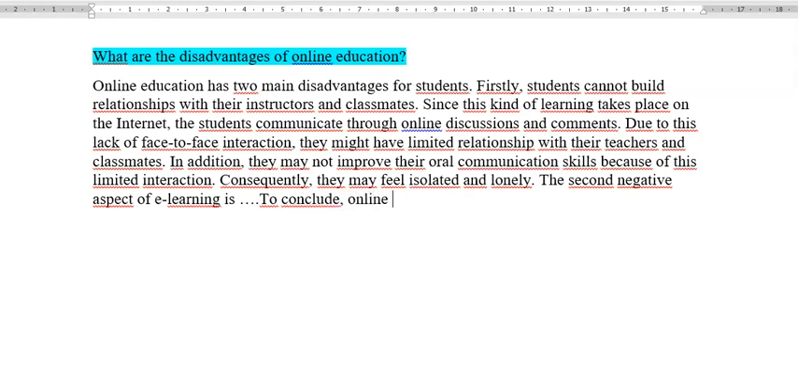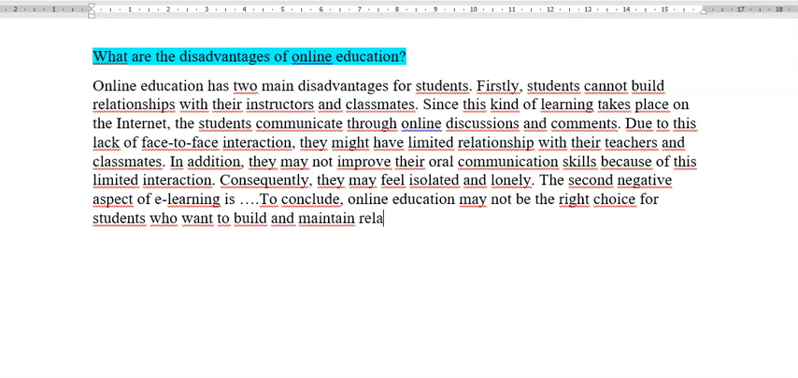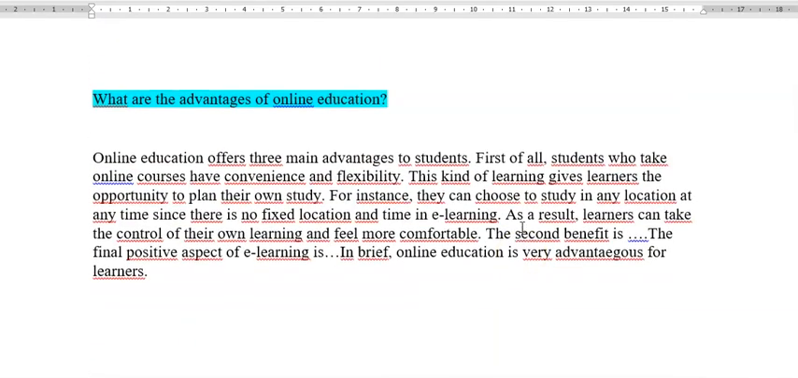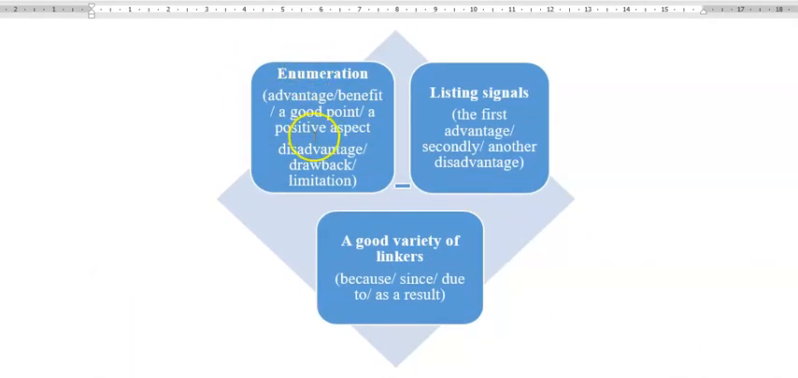So to conclude, online education may not be the right choice for students who want to build and maintain relationships with others. As you can see guys, in our paragraph we try to use enumerators, but different ones, like advantage,